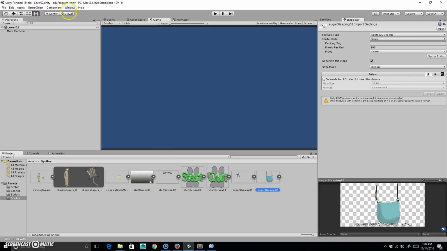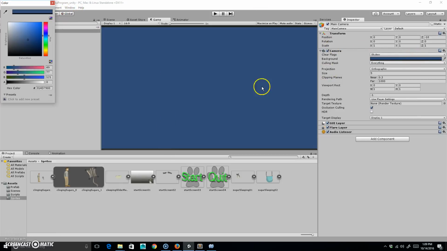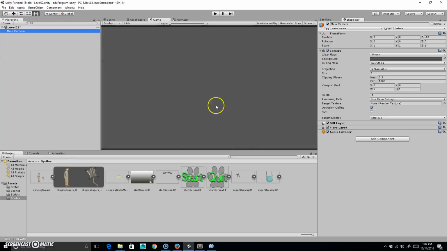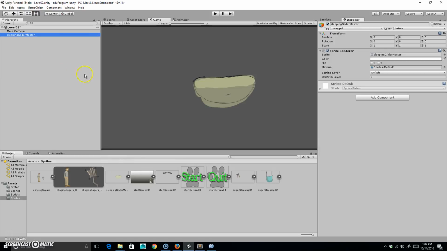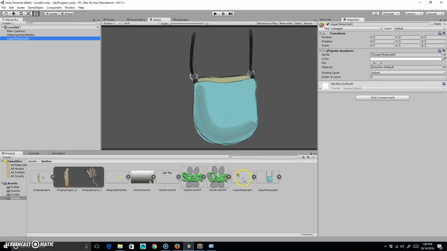All right, I'm gonna grab my camera and I'm just gonna change the color of this to kind of a darkish gray. All right, and so these are the elements I got to use, and that's what I'm gonna do. So I am first gonna bring in my stuff. So I'm gonna drop this in there, okay, and I'll make sure that the ordering level is 0. I'm gonna drop this in there, and I'll drop this in there. Okay, now